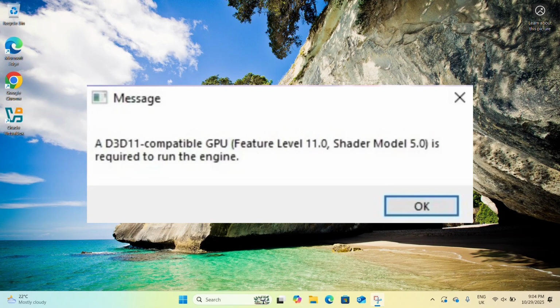In this video, I am going to show you how you can fix the D3D11 error message which usually occurs when playing Fortnite, but it can also occur on other games as well. So if you are getting an error message like the one displayed on my screen, now what you need to